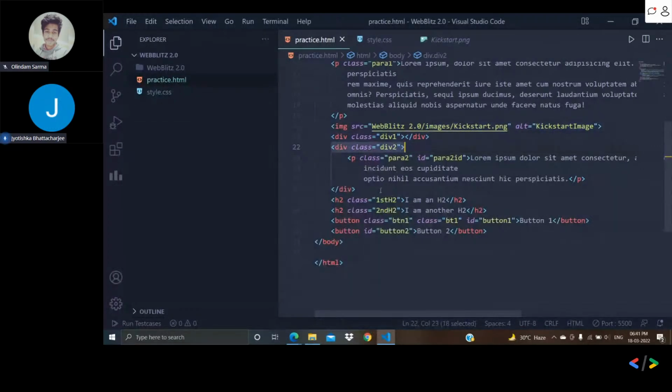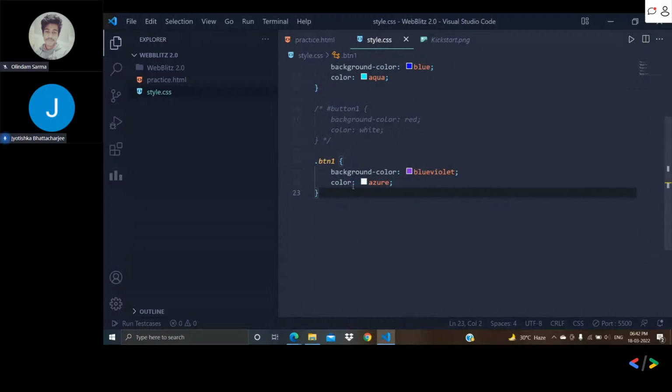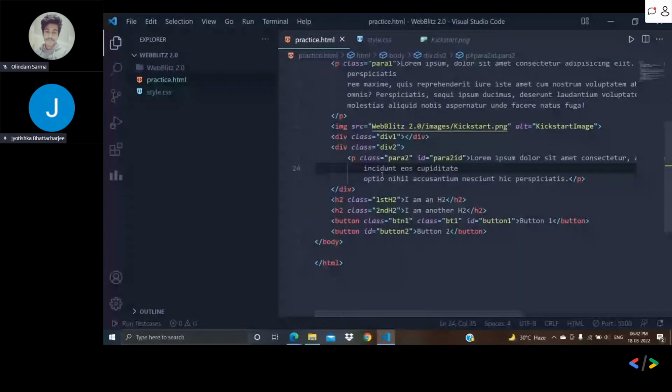If you're writing one element nested inside another element, then the element written inside, this para tag in this instance, will be the child, and this div with the class of div2 is the parent element. So let's just see. For the para one, we have had something, but for para two, we don't have anything specific written as of now. So for this div with the class of div2,